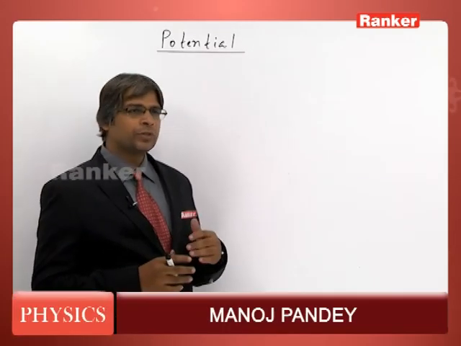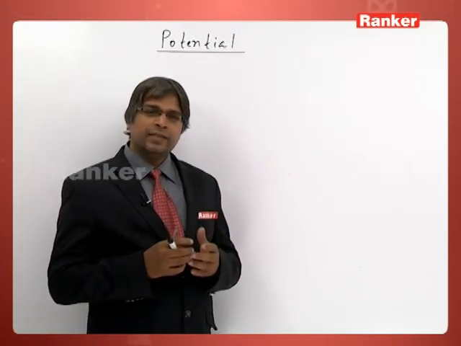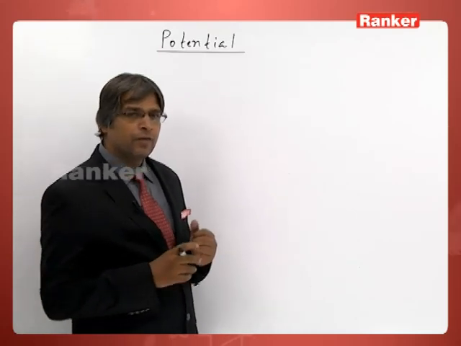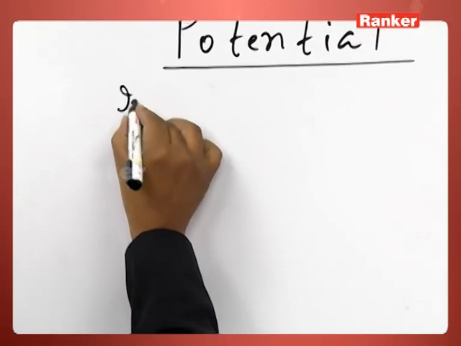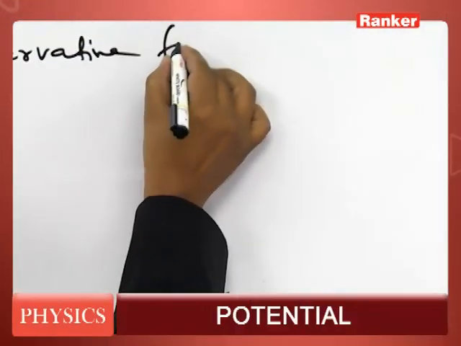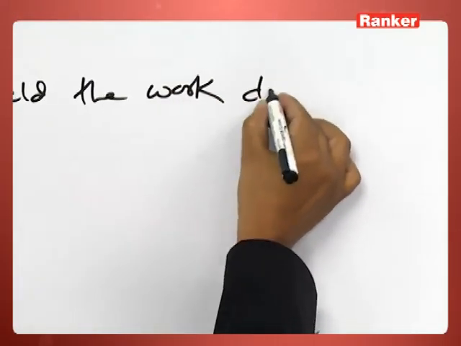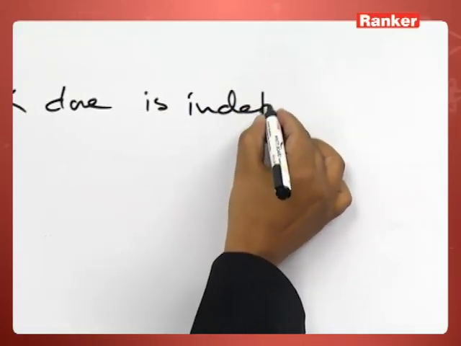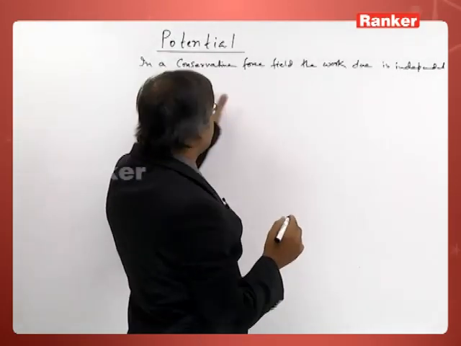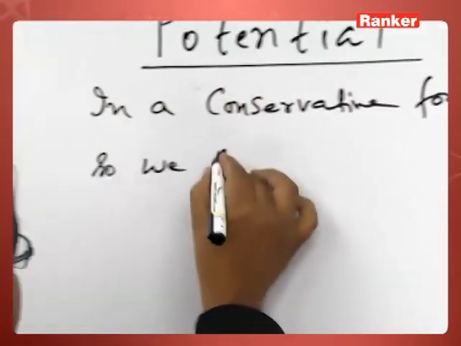Let us introduce a scalar quantity called potential. We have seen the conservative force field. In a conservative force field, the work done is independent of path. So since in a conservative force field the work done is independent of path, we can define